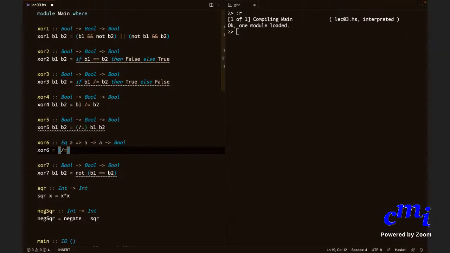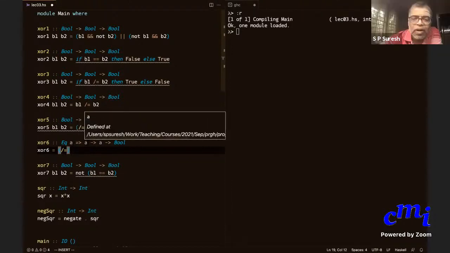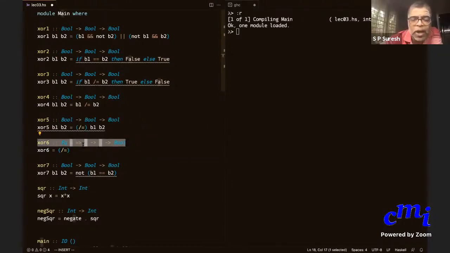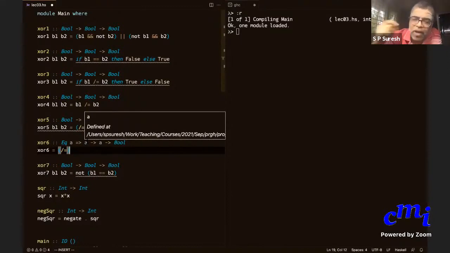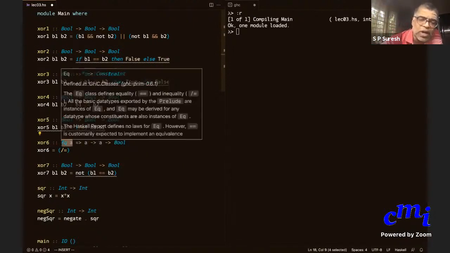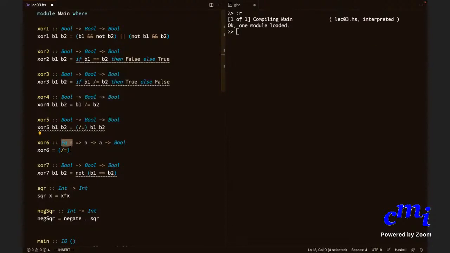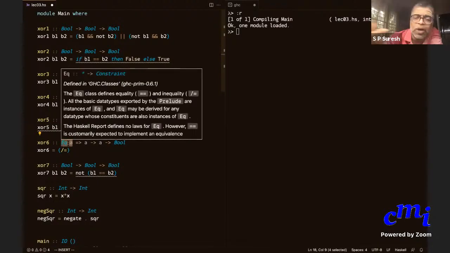So instead of fixing a concrete type like bool, it can be any type whatsoever, but the two arguments should be of the same type A. A is like an abstract type name. It can be any type as long as elements of that type can be checked for equality. Equality means inequality also.